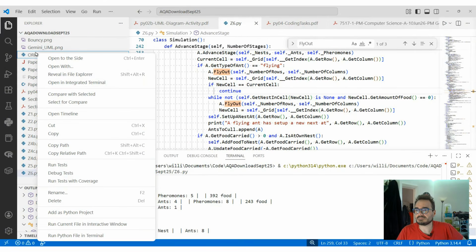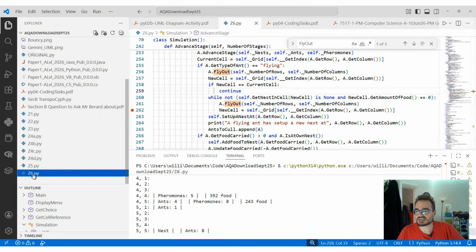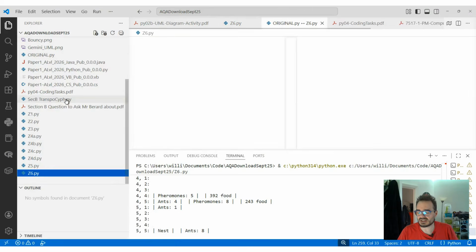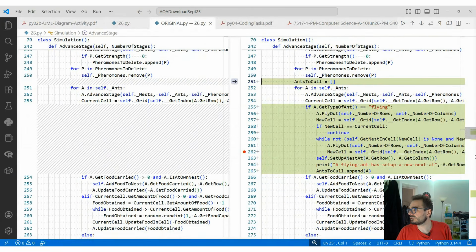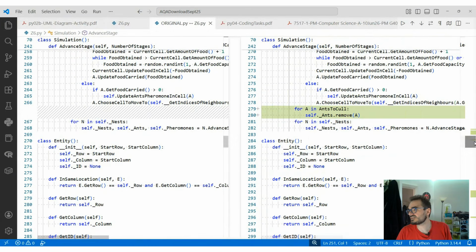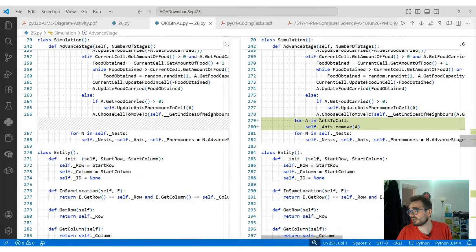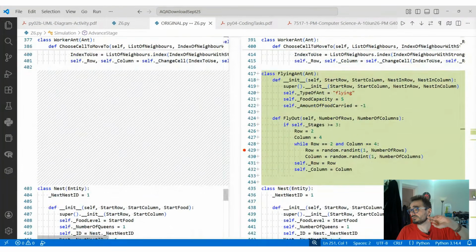Right, let's go compare. Select the compare, Z6, compare with selected, and that's the diff. So this is all the simulation code with the culling. Remember the culling, where you put it aside, and then once you're outside the iteration, you cull. My new class, nothing fancy. They wanted the food capacity to be 5. That really doesn't matter. This is important because that means it's not going to get treated as a worker ant